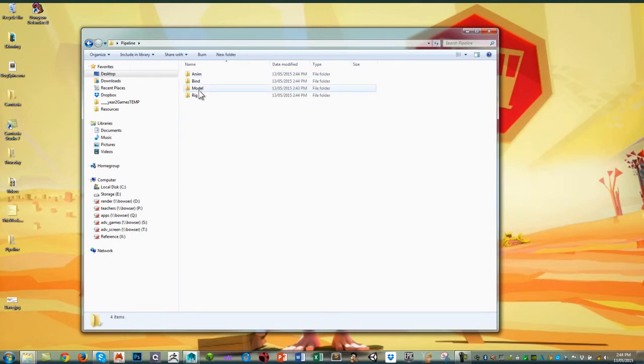So literally the models go in here, then they get passed through to the bind and a skeleton applied and skin weighted. They then get passed through to the rig, and the controls are set up, and then they get passed on to the animator, and animation happens. Okay,